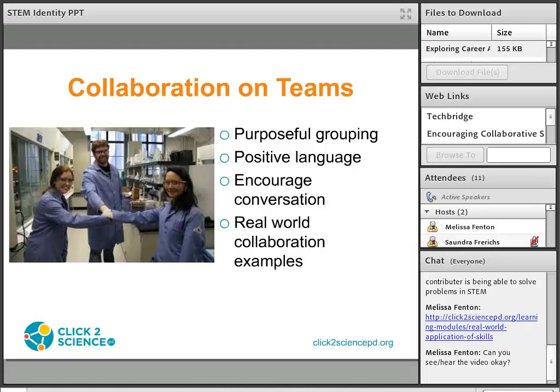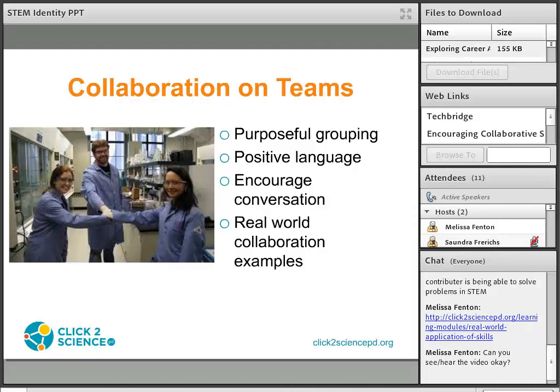So some activities ask you to assign youth roles. There is an activity on the Click to Science website where you can connect them to careers as a geologist, a structural engineer. So you can assign youth roles based on what you know about them. For a recycling device design challenge, perhaps one youth could be the project leader, making sure each person shares their design ideas and that everyone agrees on the design. One youth could be the engineer, drawing the actual device, and one youth could be the researcher, looking up ideas to share with the group for the device.